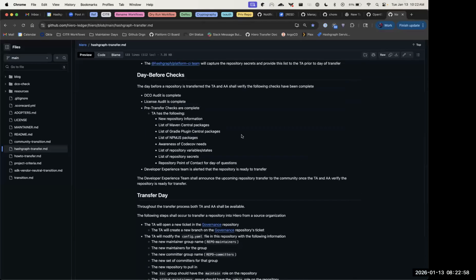Yeah. So let's assume somebody totally external comes with a repo we would like to migrate to Hiero. How should that person do the DCO audit? It's a great question. I don't know. Okay, then we should create a to-do for us that we provide some help here